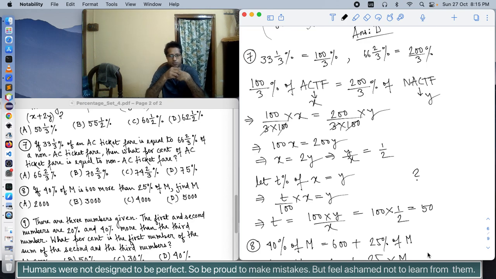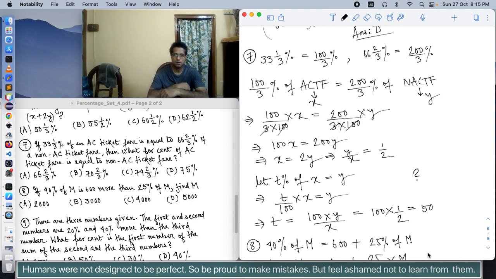Okay, so it is given that 100 by 3 percentage of AC ticket fare is equal to 200 by 3 percentage of non-AC ticket fare. AC ticket fare we are assuming to be X and non-AC ticket fare we are assuming to be Y. So we get 100 by 3 percentage of X is equal to 200 by 3 percentage of Y. Okay. After simplifying, we get